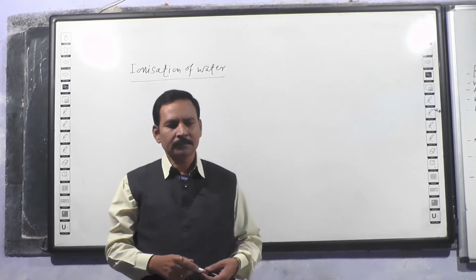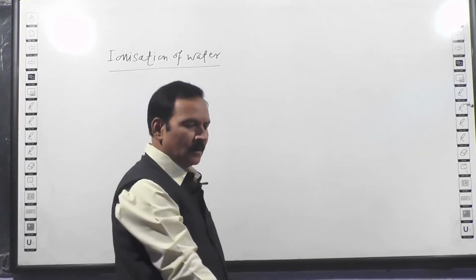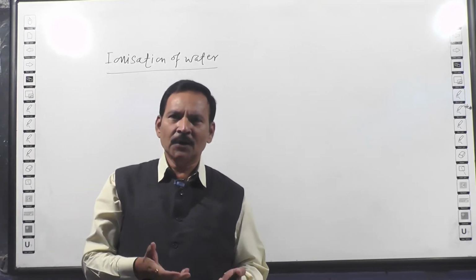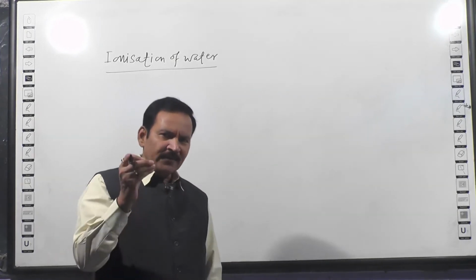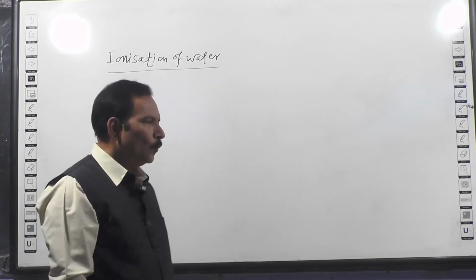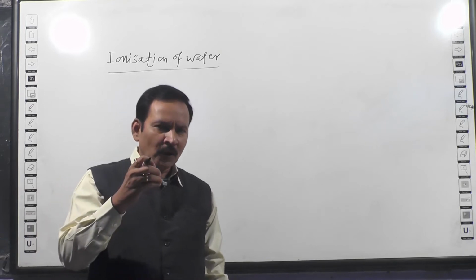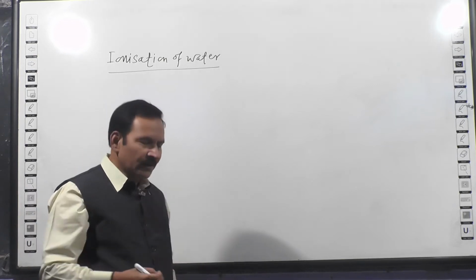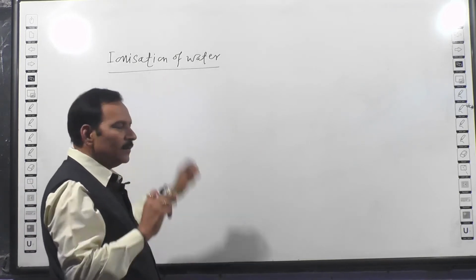Students, we have seen three different theories of acid and base. In every theory, we are using water as a solvent for the dissociation of electrolytes. So let us think a little bit over the solvent we are using for different theories, that is water. What is the role of water in all these theories, and what are the characters of water? Today we are going to see first of all that point.